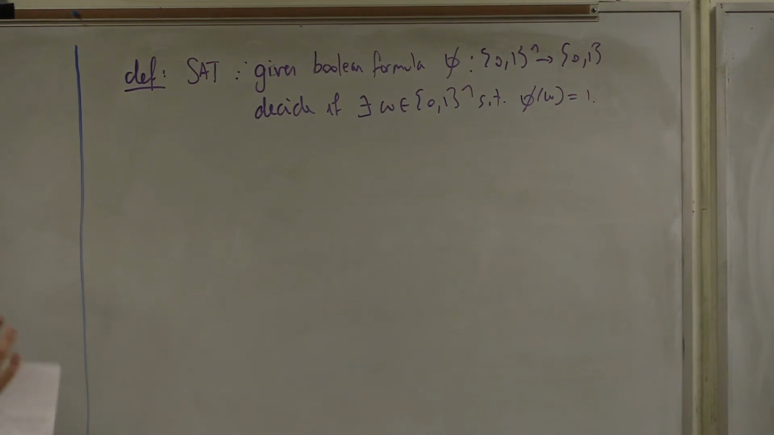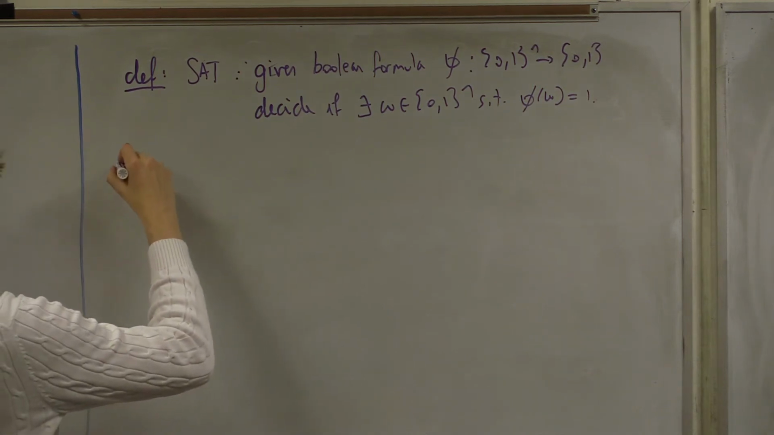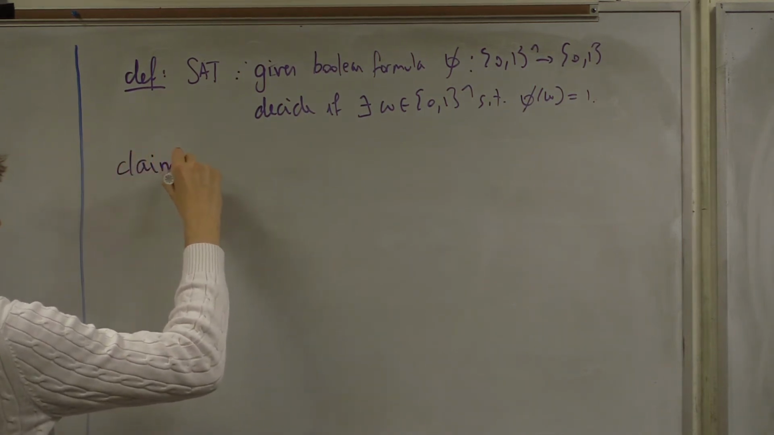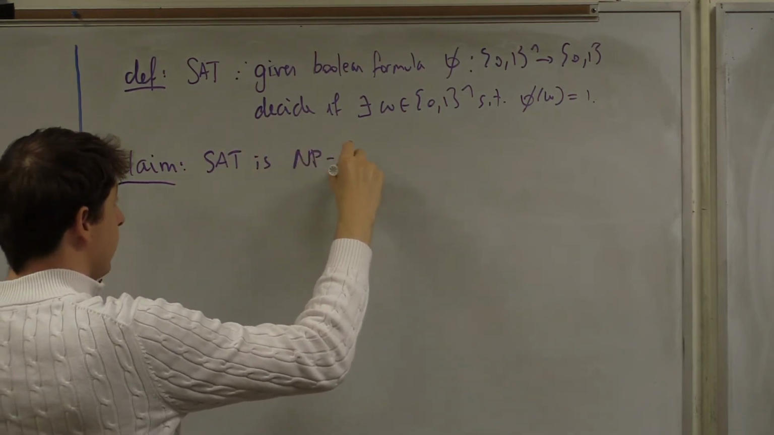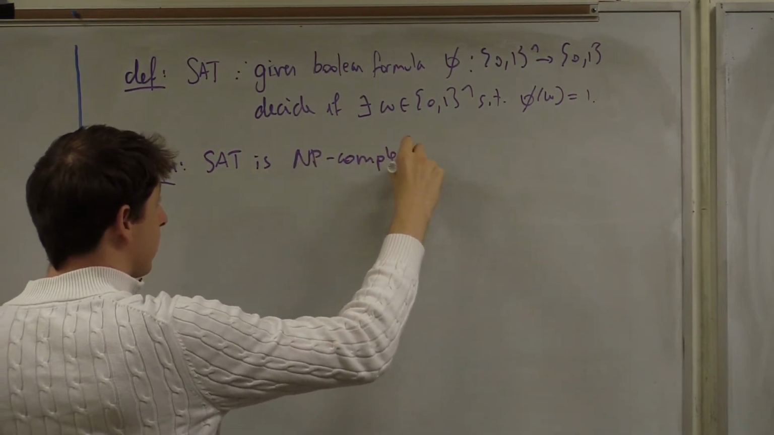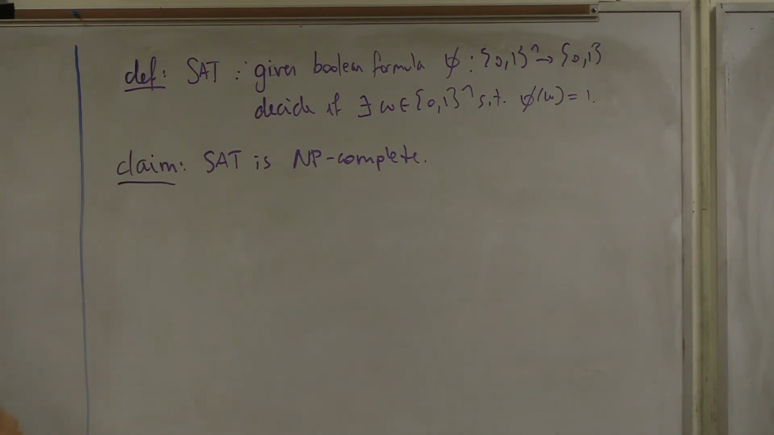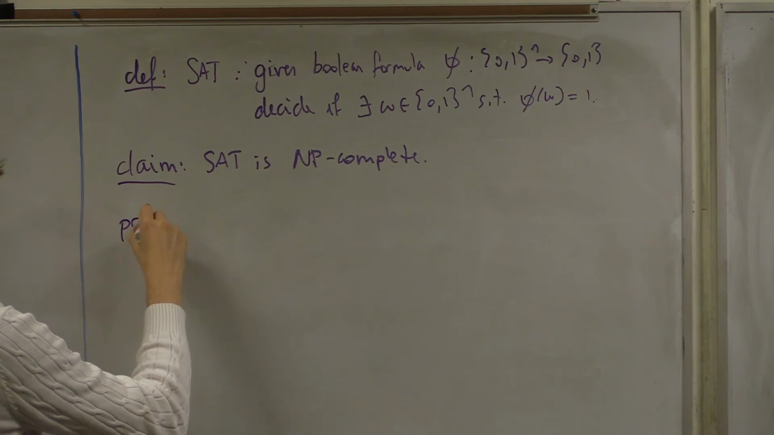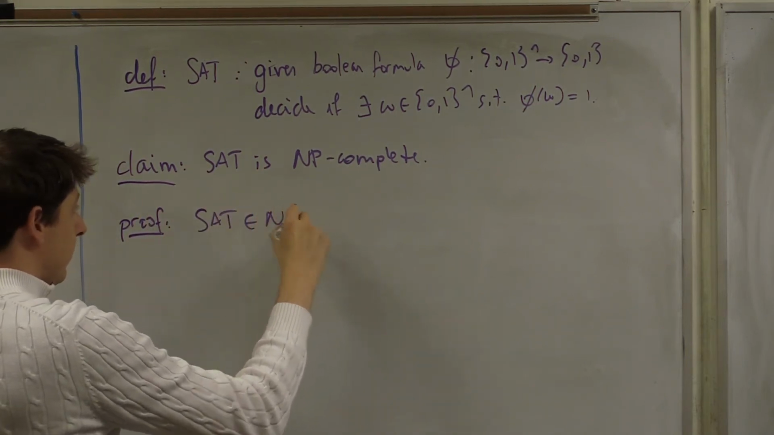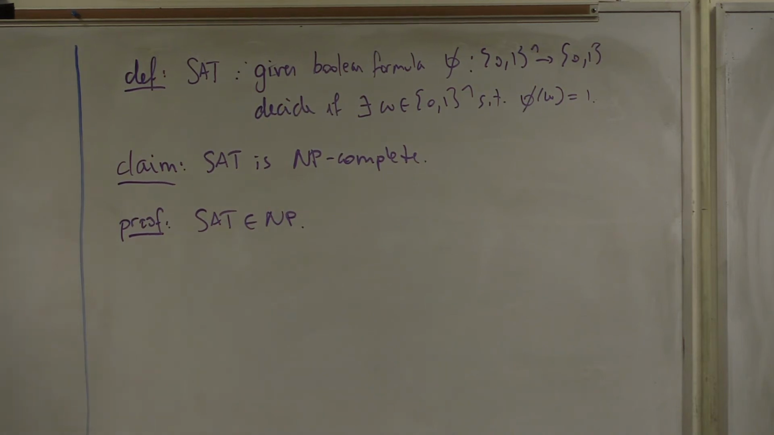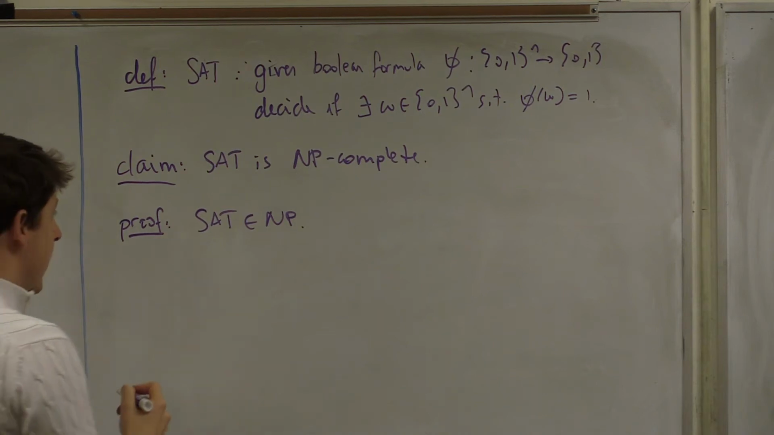Again, to be distinguished from CSAT, where C denotes circuit SAT. We're going to prove that SAT is NP complete. Okay? So remember, when you want to prove that something is NP complete, you have two things to prove. The first thing you want to prove is that SAT is in NP. How do you prove that SAT is in NP? Well, you need to prove that the corresponding relation is efficiently computable. So, namely,